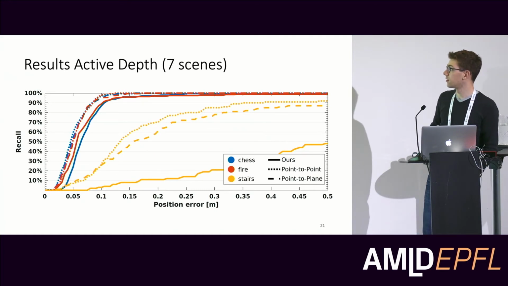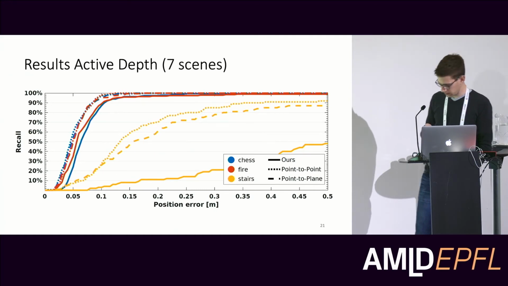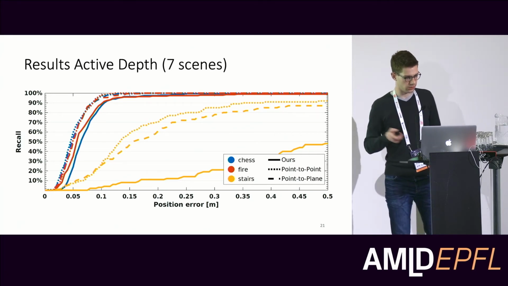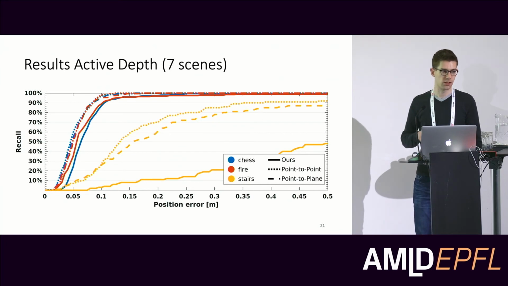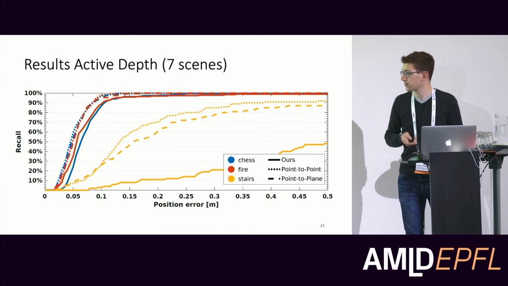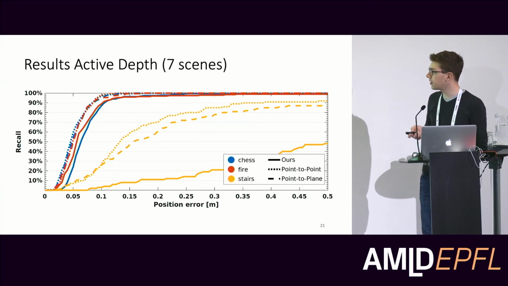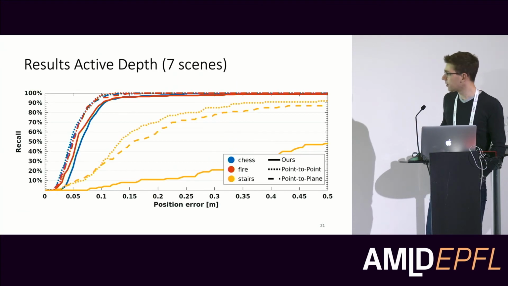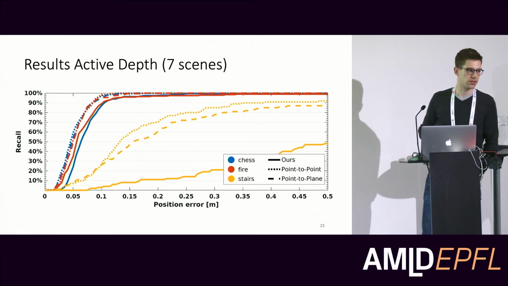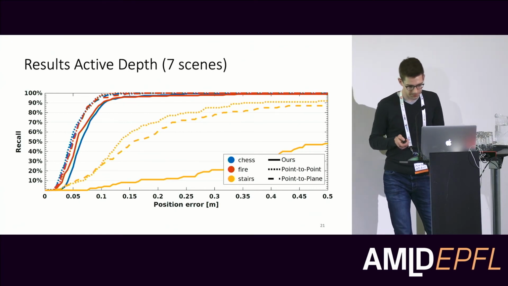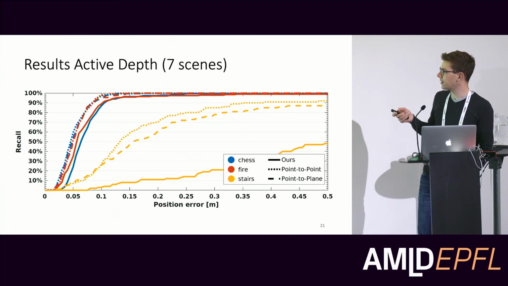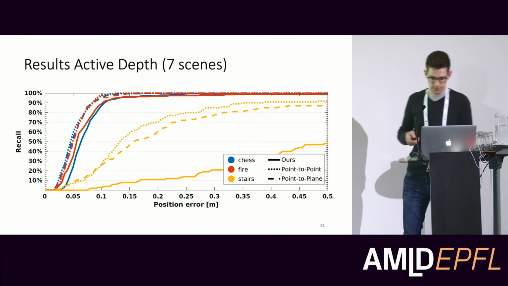Then also we can obviously just get structure from active depth. So this is the 7 scenes data set with a Kinect. So you get depth directly. Also the scene size is much smaller. So this is an indoor data set. Before it was a large-scale SFM. And what we can see here is there's this one scene, the stairs, the yellow one, that has just very bad correspondences. And you can see the other 2 methods are also suffering a bit from that, but for the split queries